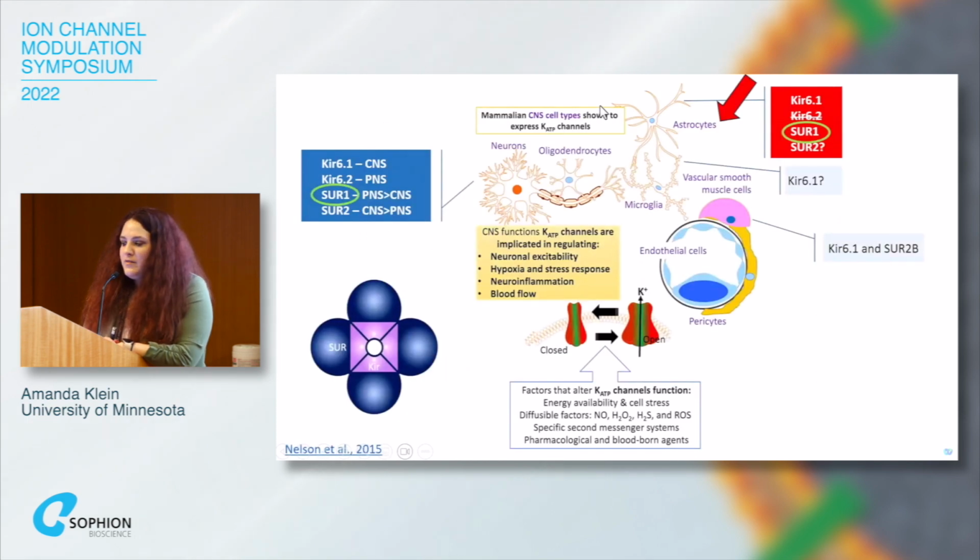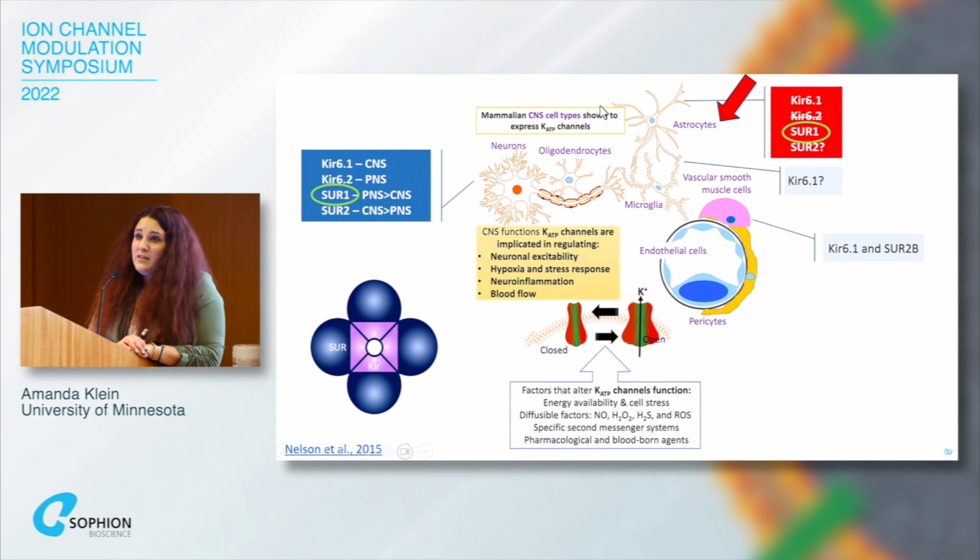And then, the last half of this talk is about the difference between the neuronal versus the astrocytic composition of KATP channels. Somebody had asked me at one point if we thought that KATP channels in astrocytes had any role in pain signaling. And I responded, I don't really know, because we're not glia people, but it's worth testing.